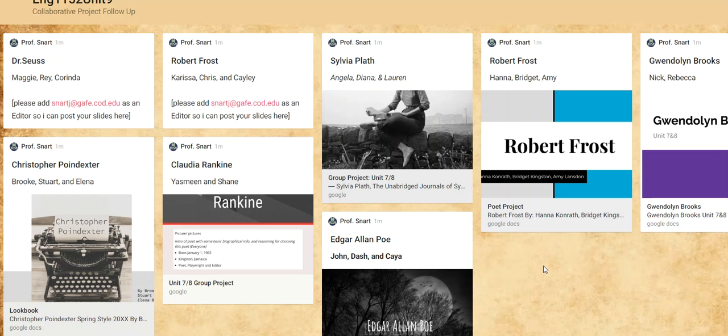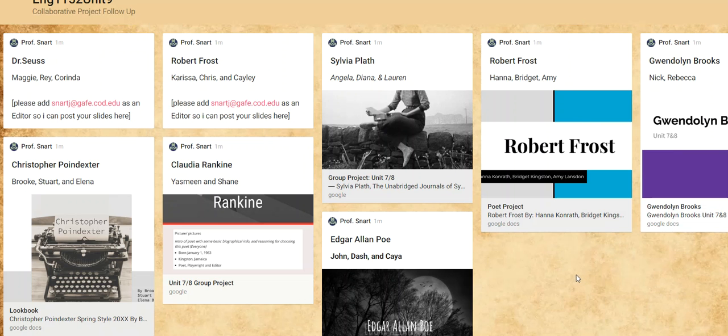So if you don't see yourself here, get in touch with me so I can put your stuff up and make it available. I need to be added as an editor, so not just someone who can view or comment. So a couple of groups here, I can see your slides, but I don't want to edit them, but I need editing access to be able to publish them to the web,